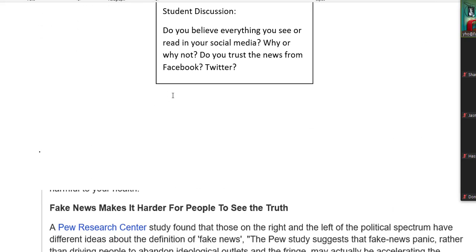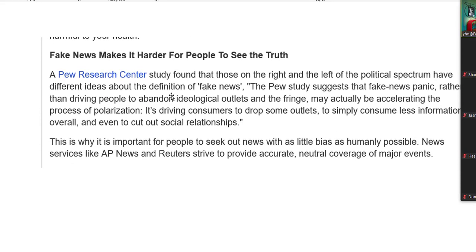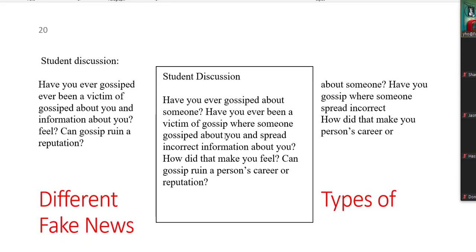So do you believe all the news that you see in your social media feed? Yes or no? No. Okay. So fake news makes it harder for people to see the truth. A Pew Research study found that those on the right and the left of the political spectrum have different ideas about the definition of fake news. The Pew study suggests that fake news panic rather than driving people to abandon. Well, anyway, fake news just means that it's